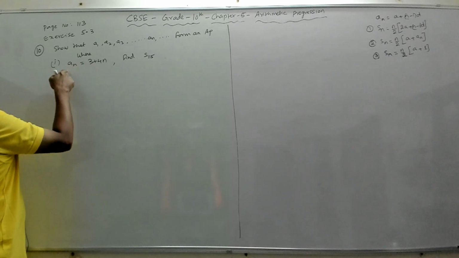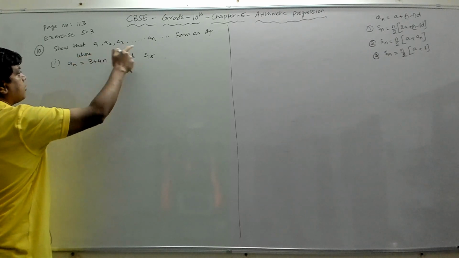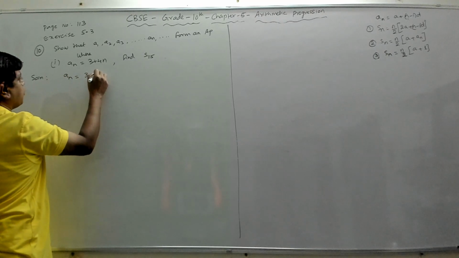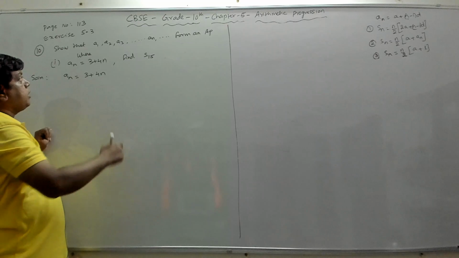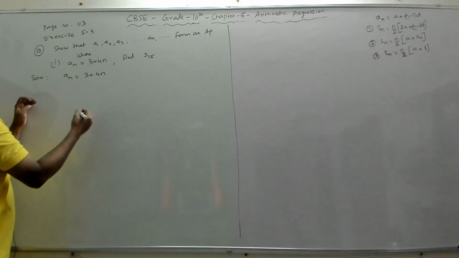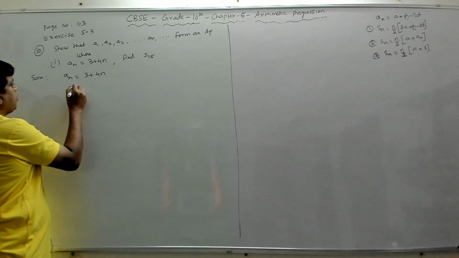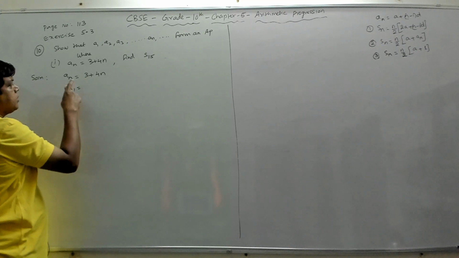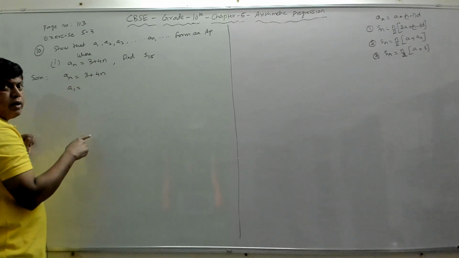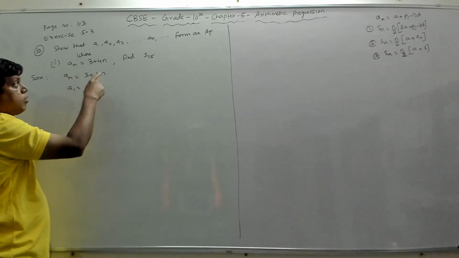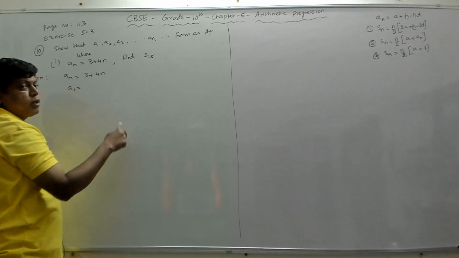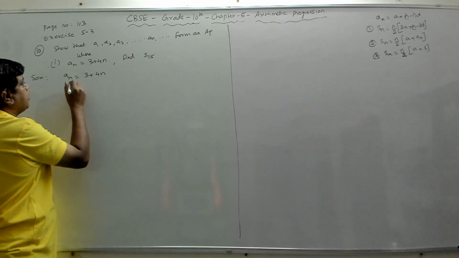So, where AN is given as this, we should prove first of all that this given list of numbers form an AP. The solution: our AN is given as 3 plus 4n. We should show that this list of numbers A1, A2, A3, AN form an AP. So let's try to find our A1. Because AN is given as 3 plus 4n, if you put n equal to 1, you will get the first term. That is the meaning of this. This is the general term of an AP. If you put n is equal to 2, it is the general term of this list of numbers, and we are going to prove that it's an AP. After proving that it is an AP, we have to find S15, the sum of first 15 terms. So let's first prove that it is an AP.